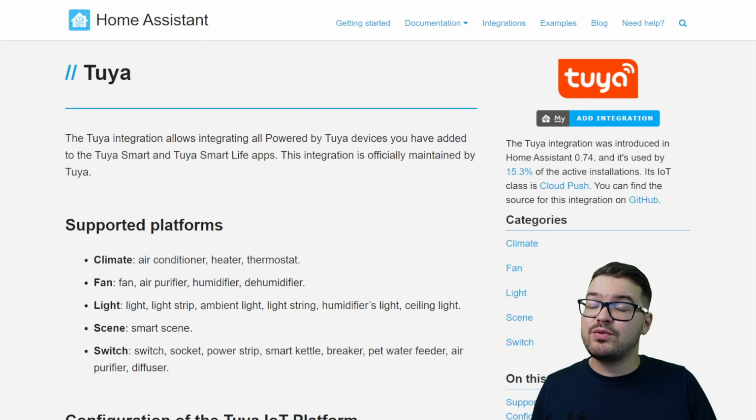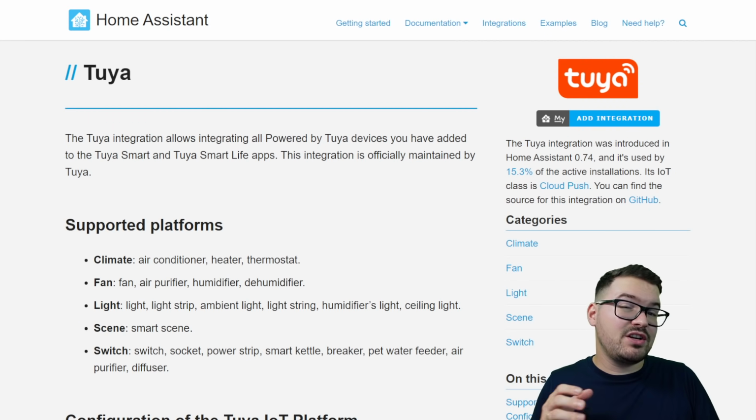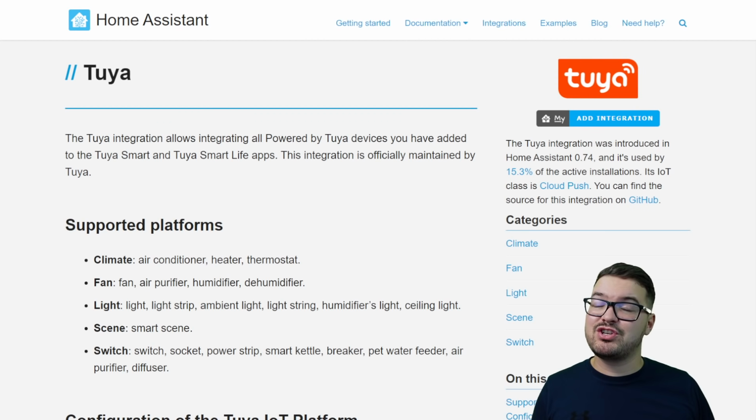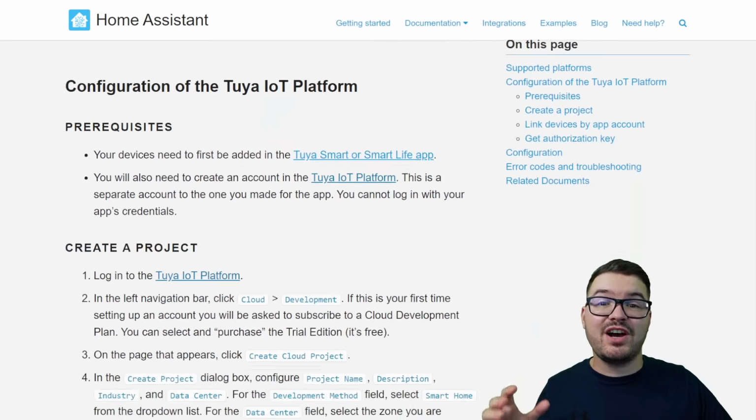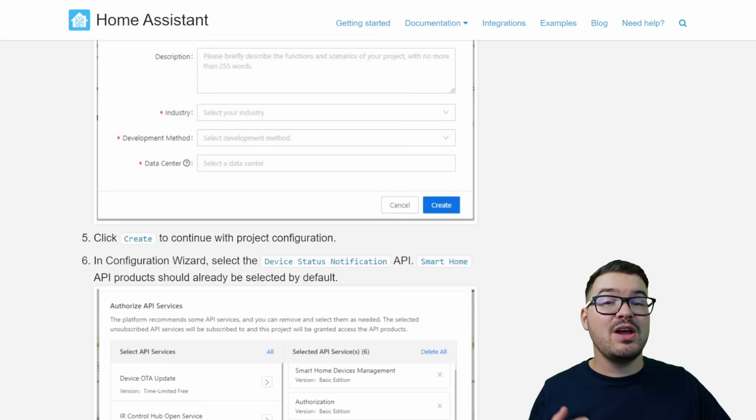If you were running the original Tuya integration, you can't just switch over to the new V2 integration, as it's not a direct upgrade, it's a brand new integration with a brand new code base. Because of this, updating Tuya is a breaking change, as you're going to need to set everything up from scratch. There is a well-documented written guide for actually setting up the new integration,